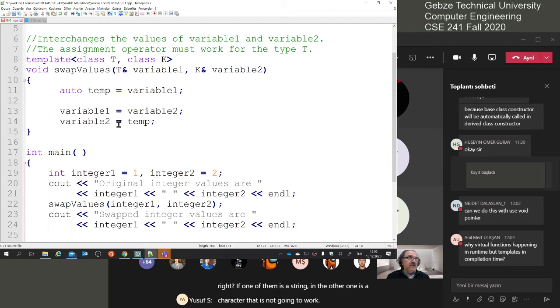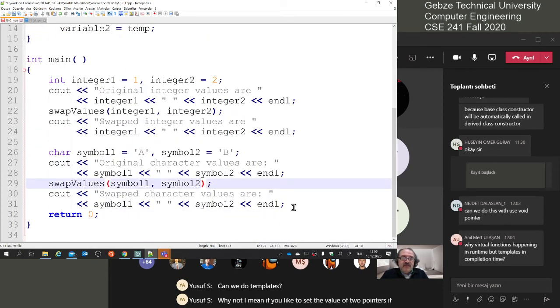Okay, good. Are people asking questions? Nejat has a question. Can we do this with a void pointer? Well, that's a very deep question, Nejat. I don't know what you're asking. Can we do what? Can we do templates? Why not? I mean, if you'd like to swap the values of two pointers, if this is what you are asking,